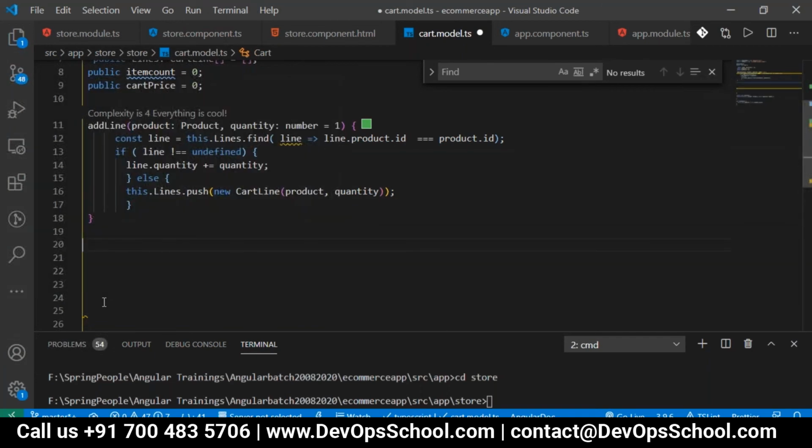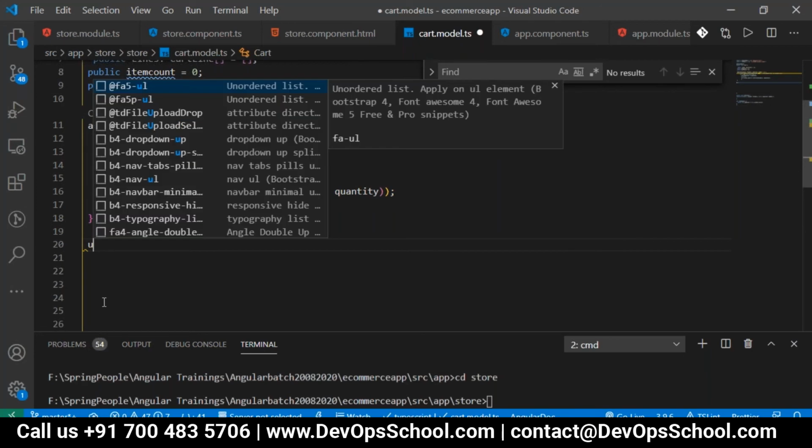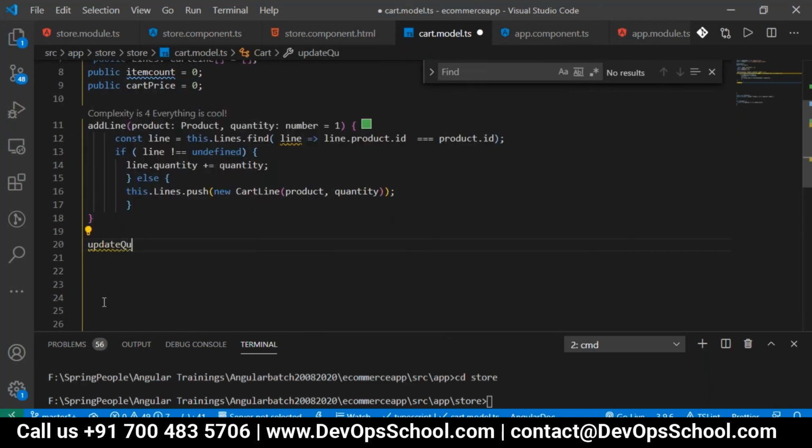Yes. Okay. Then if you want to do the updation, update quantity, which again takes the same product and quantity.